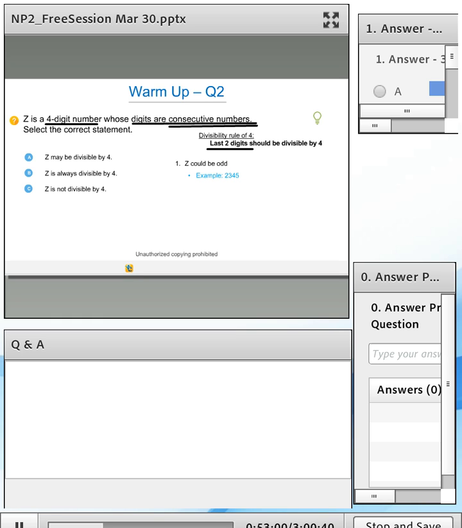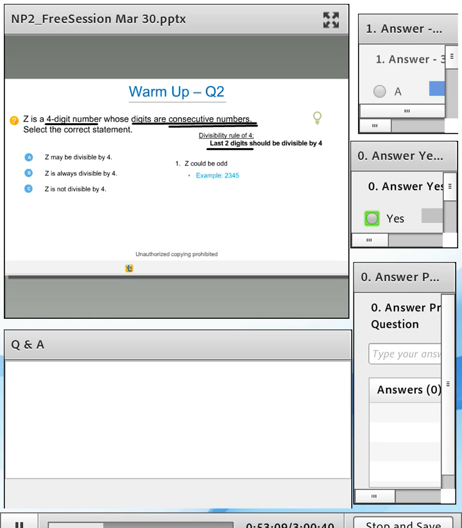Now, in this case, let me get some yes/no poll here. In this case, is z divisible by 4? If I take the case of z being odd, is z divisible by 4? No, it's not. Okay. So I know that choice B is not the correct answer, right? So for those of you who selected choice B, there is your mistake. You did not consider the case in which z could be an odd number.